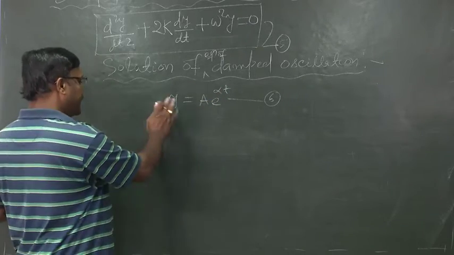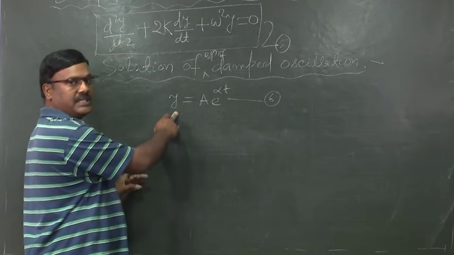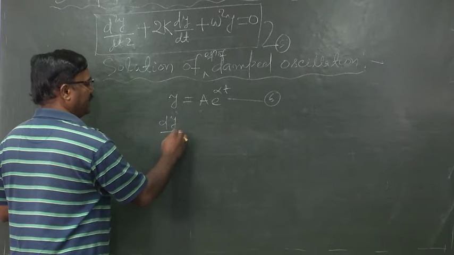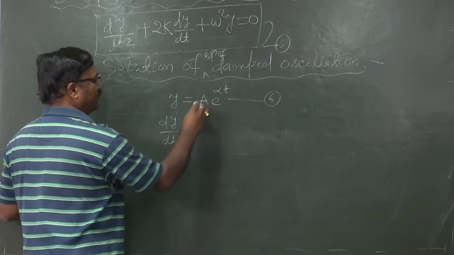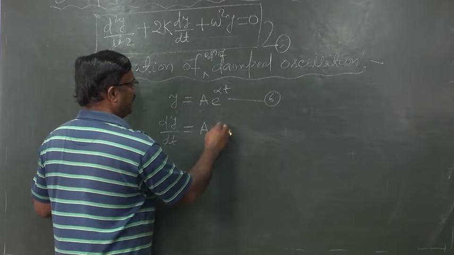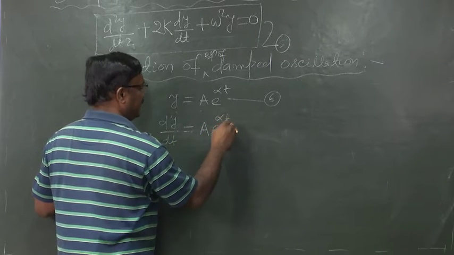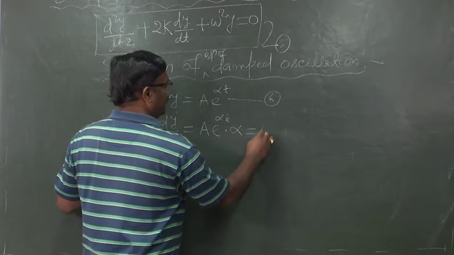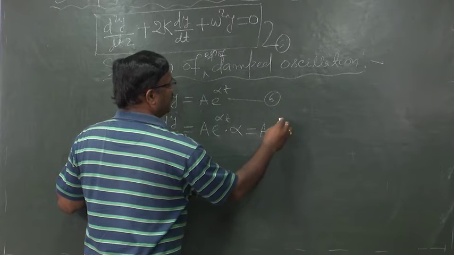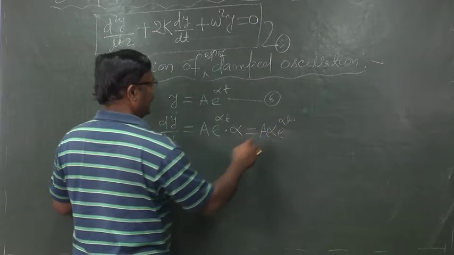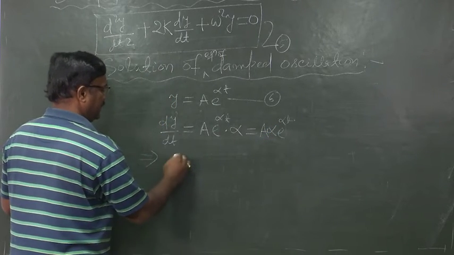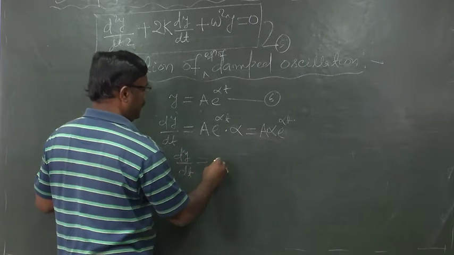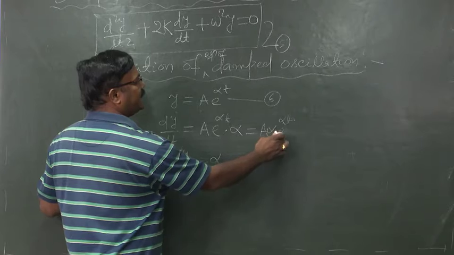Now, taking the derivative of this equation, we can write dy by dt will be equal to a e to the power alpha t into alpha, which is equal to a alpha e to the power alpha t, implies dy by dt will be equal to alpha a e to the power alpha t,